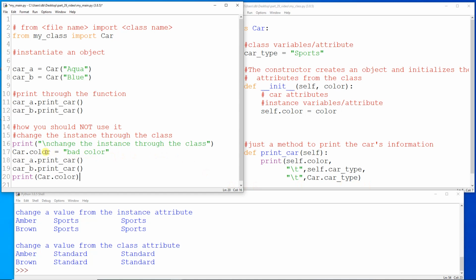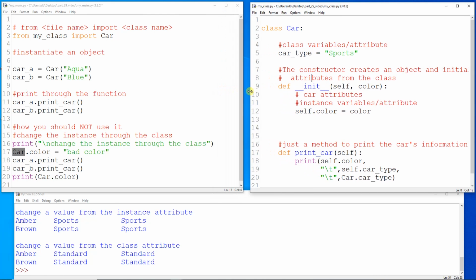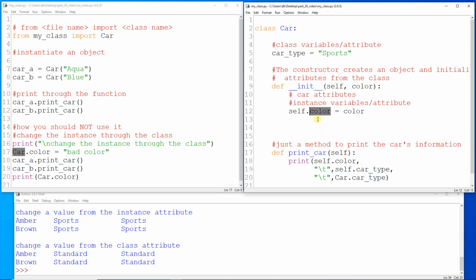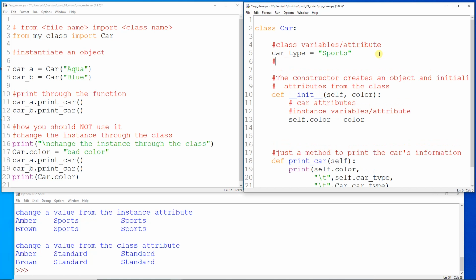All right, so here I'm changing the color through the class. Now, the color happens to be an instance variable. So I'm trying to change the color using the class. So what's going to happen here is when you run this code, this value gets unchanged, and you're going to have the same result as if you were creating a variable on your class that would be equivalent